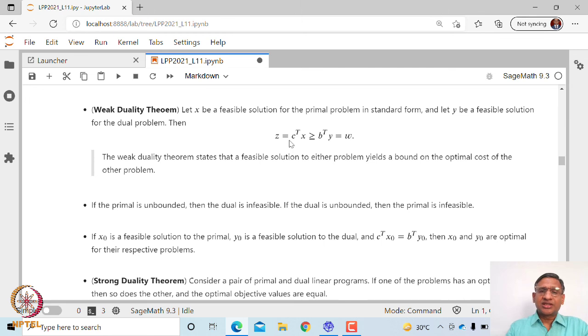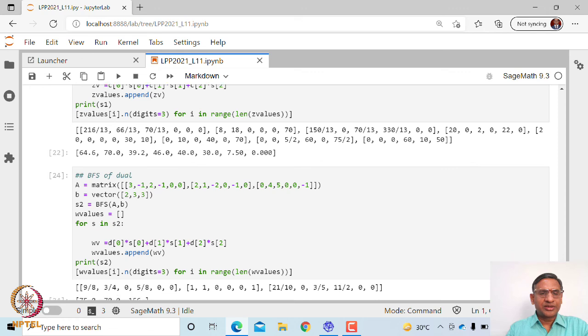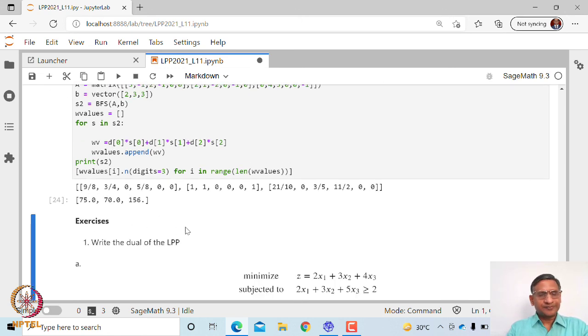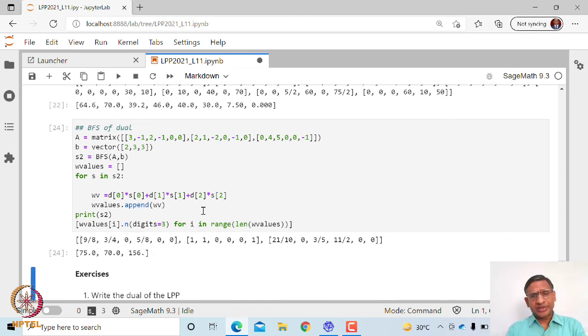It considers the maximization problem as the original problem, right? The primal problem. Therefore, this relation will be other way around. That means W is going to be bigger than equal to Z, and that's exactly what you see here, right? If you compare the two values, any of this value will always be less than equal to any of this value here. That is how you compare the bounds, right? So these are the kind of relationship that you have between primal problem and dual problem.